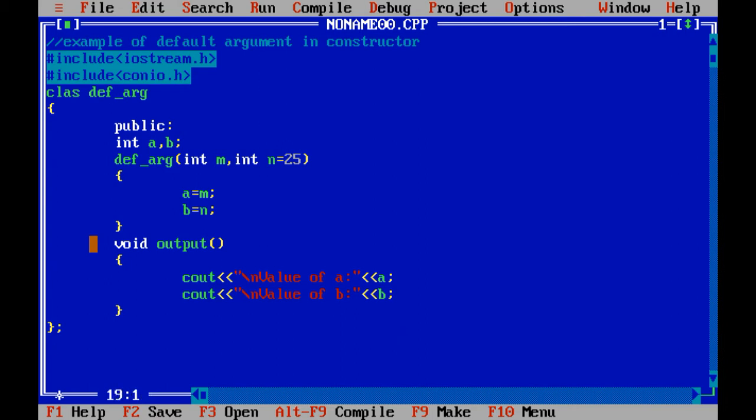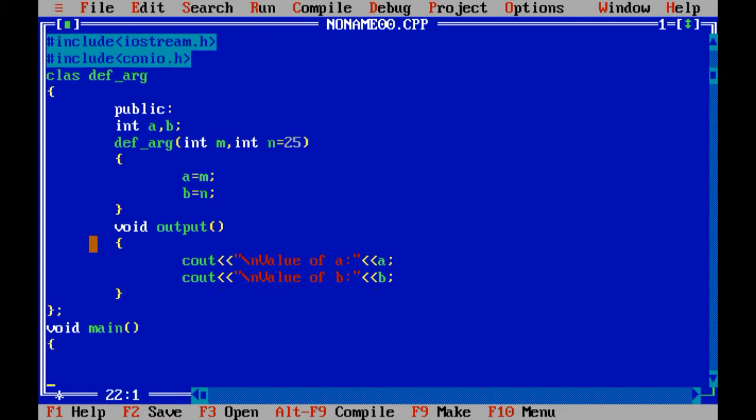Now void main, let us create the object of the default argument class, and with the object I need to pass either two values or a single value.